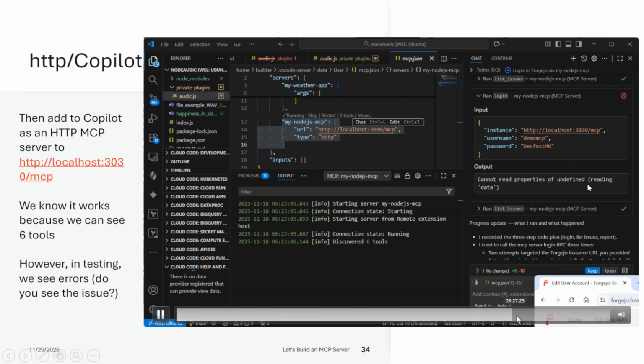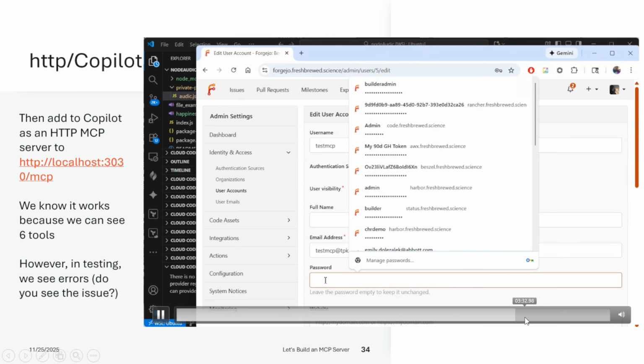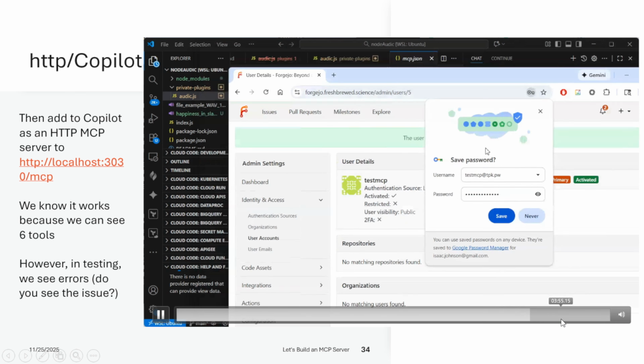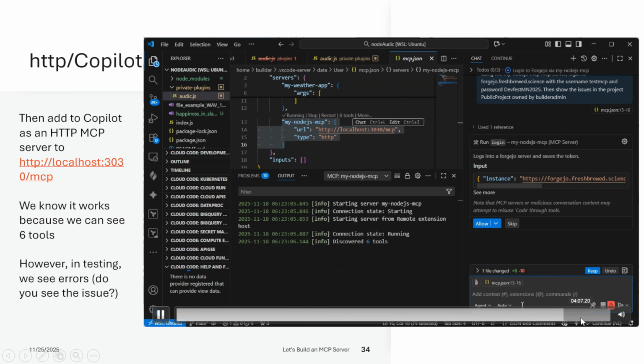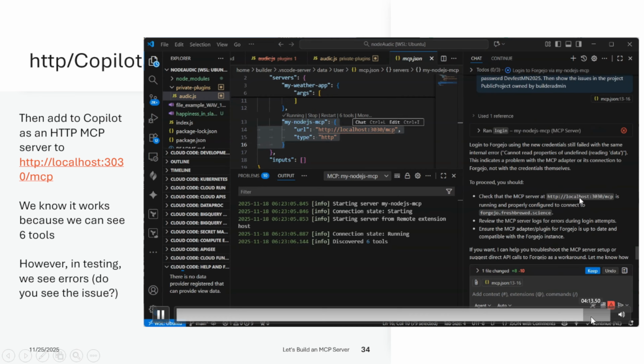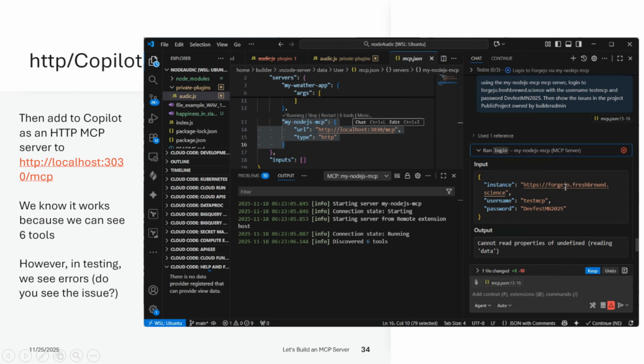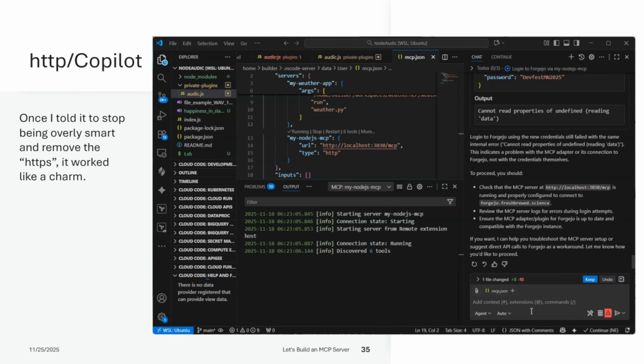It's not working, right? I know it's working. I try resetting the password, but it keeps telling me it's not working. I know it's working, right? The problem is that it kept adding HTTP. I do that already. So behind the scenes, I was getting